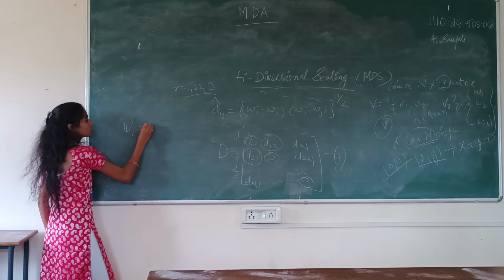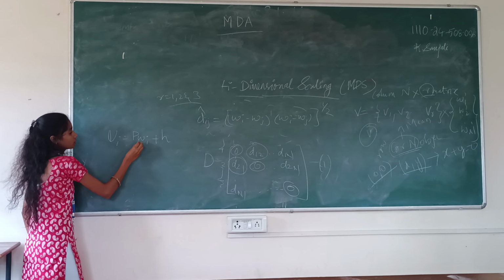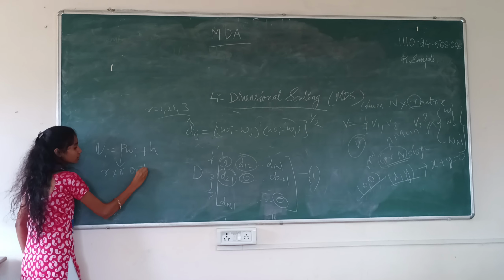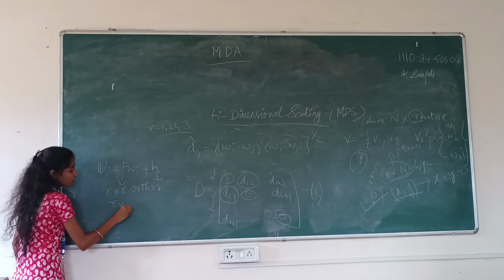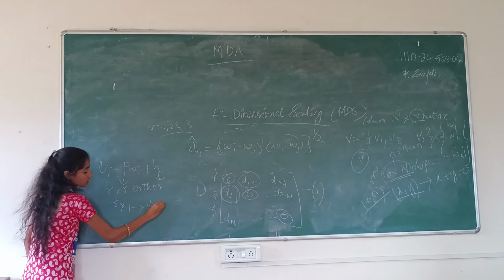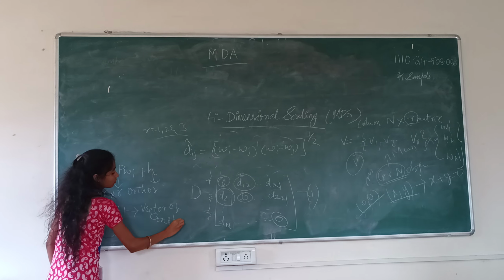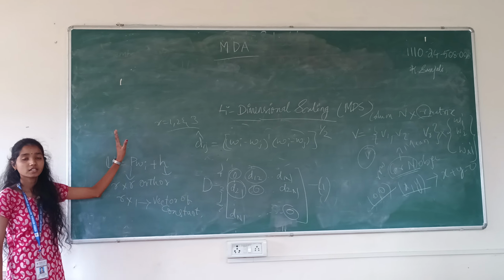U1 equals E plus Y plus H, where E is an r cross r orthogonal matrix and H is an r cross n vector of constants. And this is how we will convert our similarity matrix